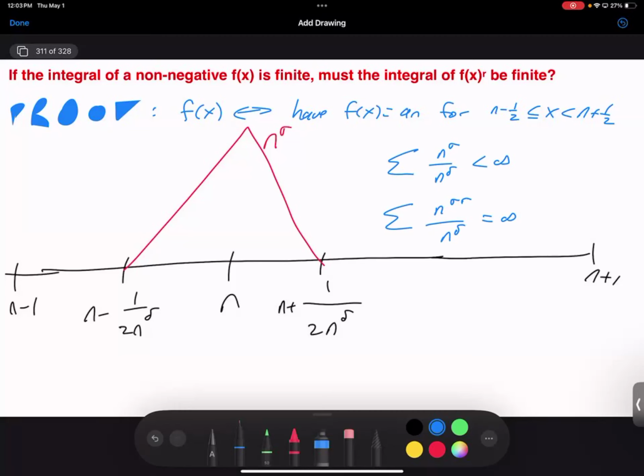And so if I do something like that, I can see, okay, I need sigma minus delta has to be less than -1 for it to converge. So I need sigma to be greater than 1 minus delta. We know delta is going to be less than 1 because I live in some small interval like that. So that's not a big deal. And now what I would want is I would want sigma r minus delta to be greater than or equal to -1.